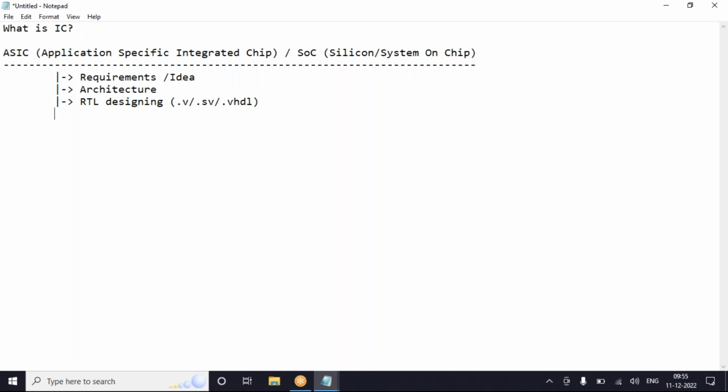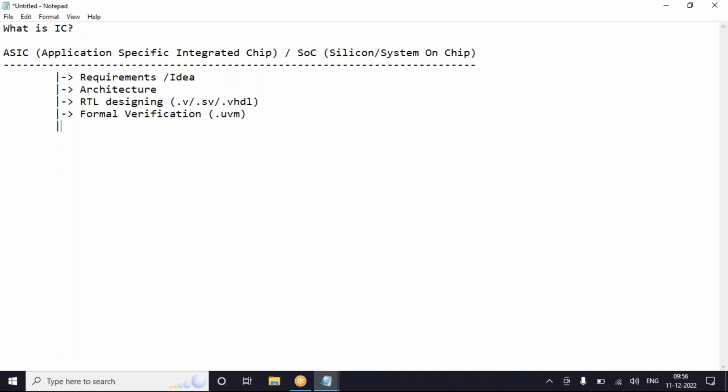Verify. Any step I do, the next step should be verification. I have written the code, and whether it follows my idea or not, I should verify. So here comes formal verification, where you might hear UVM and multiple languages.